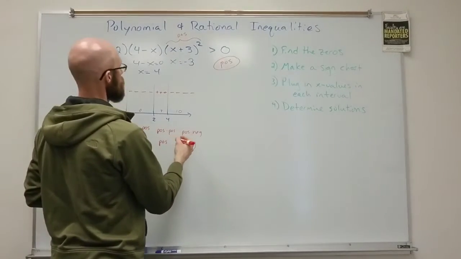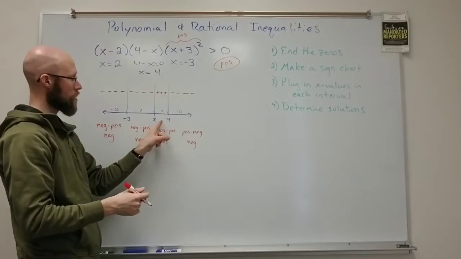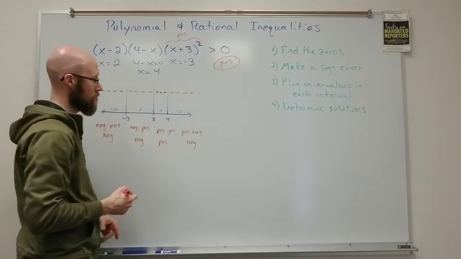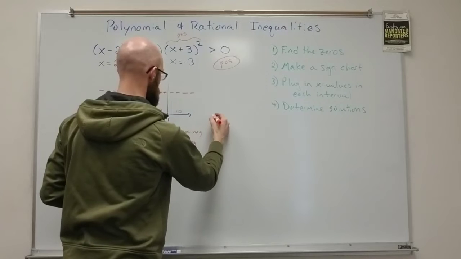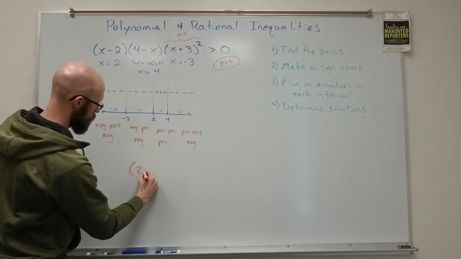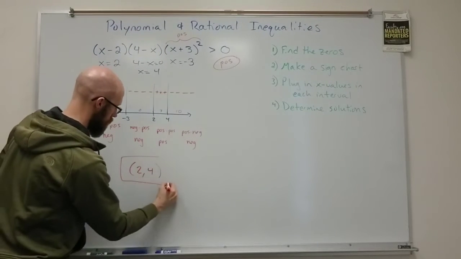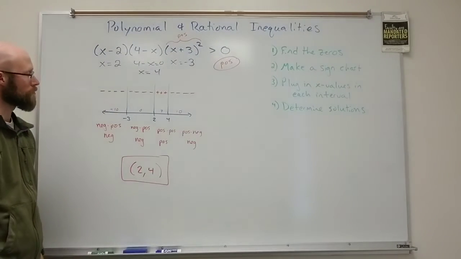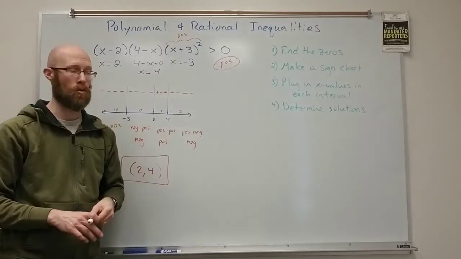Okay, so my final solution, and again, I'm going to exclude the endpoints because there's no equals in my original inequality. So my final solution then is simply the interval 2, 4. That's my solution, okay? Now just to relate this quickly to the graph,